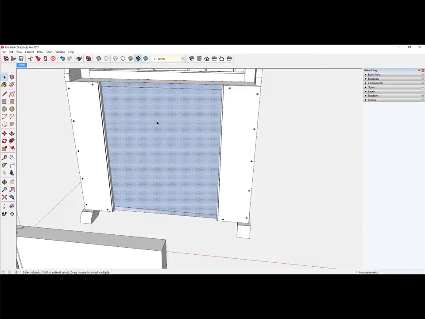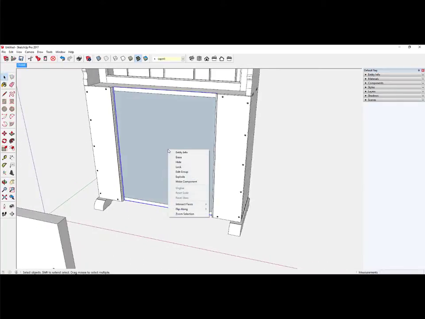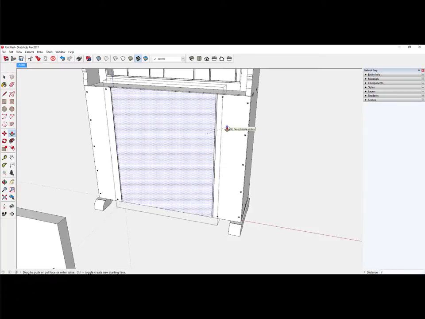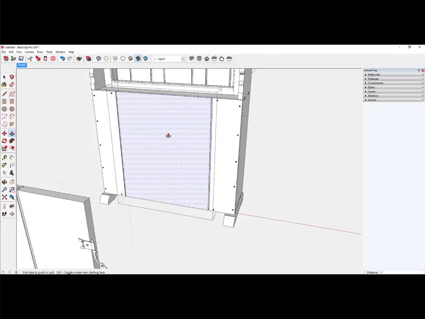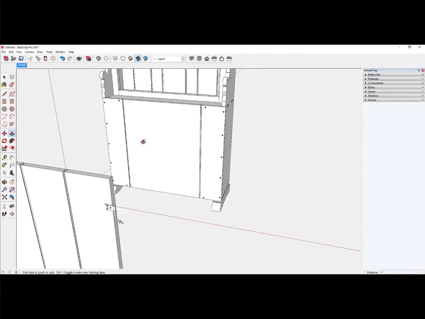And temporarily I'll make this a group and give it some thickness here equal to what it will be. Just match it up with the face out here with a push-pull tool. Okay, so we've got a template then for the door,